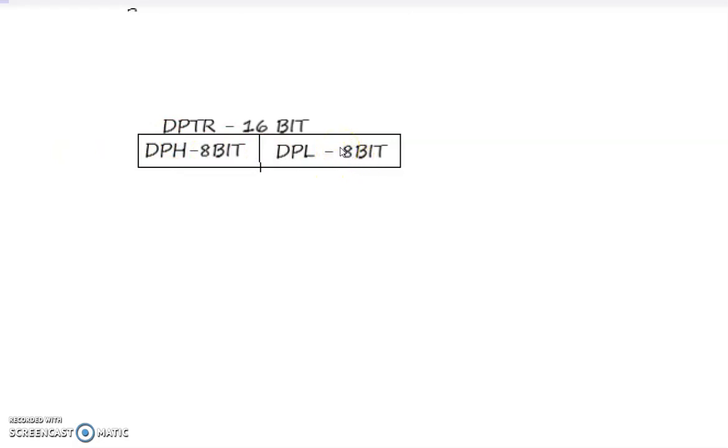It is typically used by the programmer to transfer data from external RAM. The program counter is automatically incremented by the processor, but with DPTR, the data can be placed anywhere, and the programmer can pick up the data from any memory location, not in a successive or sequential manner. It can collect data from different locations. In some cases, we will collect the data in sequential order, so in that case we need to increment the DPTR register.